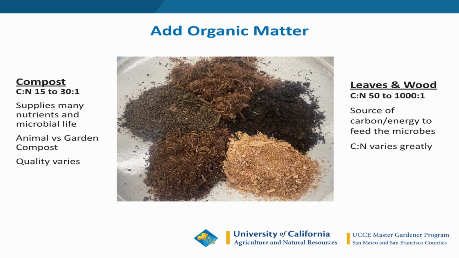Also, if you're using an animal manure that has a lot of nutrients in it, sometimes it's good to add a little bit of woody amendment along with it, like a quarter minus fir or something like that. So you're ensuring that your microbes have the carbon as well as the nitrogen and all of the